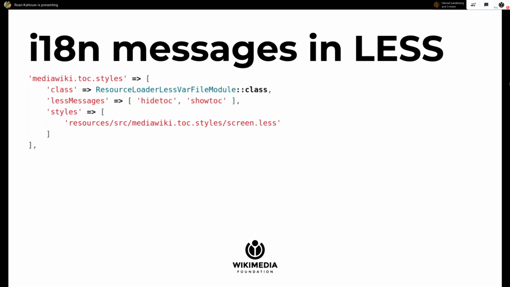Another fun thing that you can do is you can have internationalized messages in your LESS style sheet, which seems kind of crazy that you would want translated messages in your styles. But for :before and :after content rules, it can be useful. So this is an example from core. You have to have this class, ResourceLoader LessVarFileModule magic thing. And then there's a lessMessages property. And what this means is that you can write